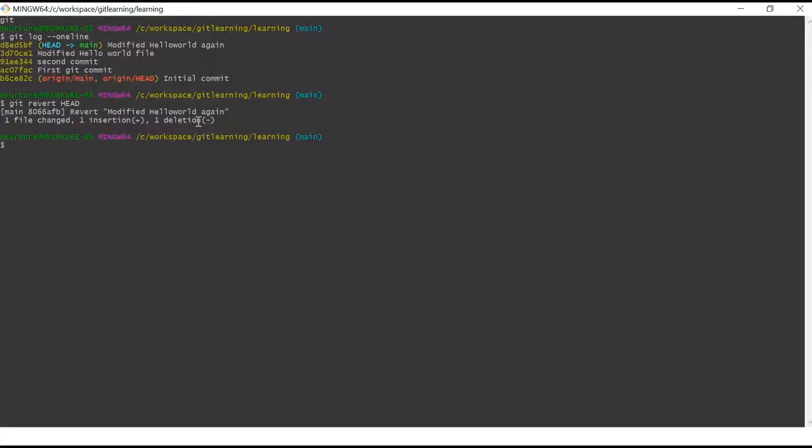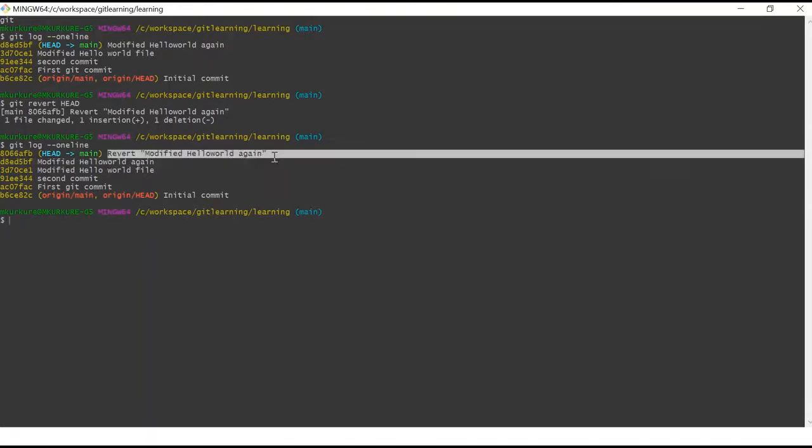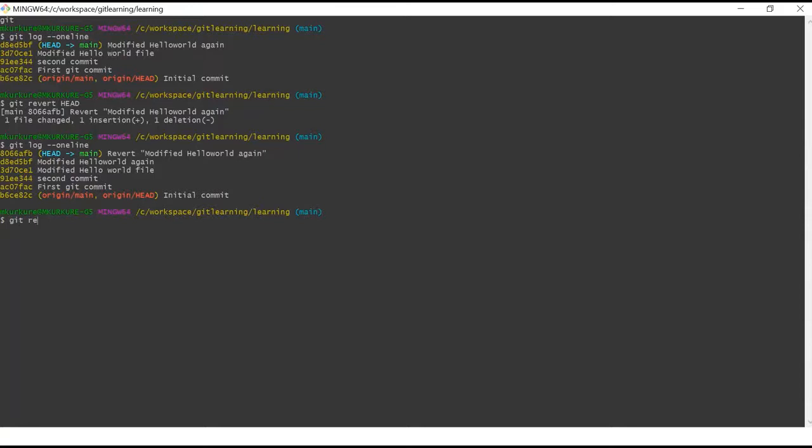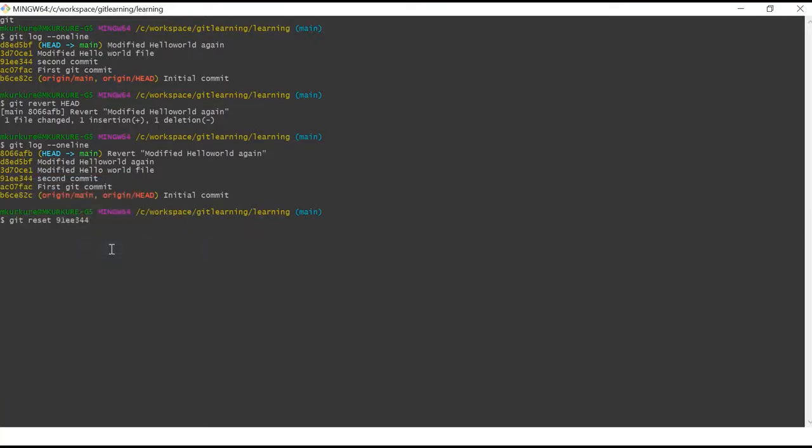Now let's go and see how the git reset command works. So now let's see how the commit history looks like. If we see, we had 1 2 3 4 5 commits earlier, and now we have 6 commits. So this commit is added because of the git revert command. Okay, and now let's try to do git reset, and let's say I want to reset it here. Copy and paste. As you can see, it has unstaged one file, because this file was newly created when we committed this.